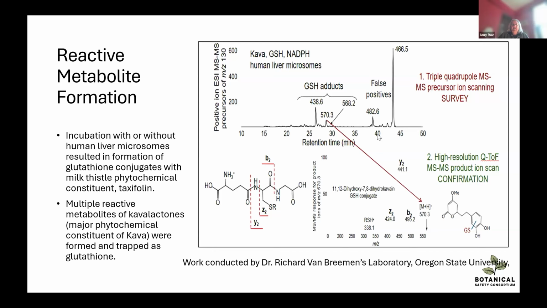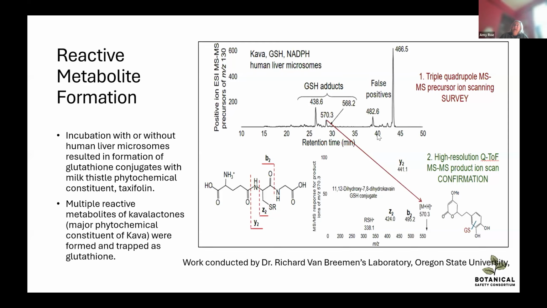He incubated kava with human liver microsomes, either with or without, and showed the formation of glutathione conjugates with both milk thistle and kava. And so you see the conjugate with the phytochemical constituent taxifolin, or some of the metabolites of